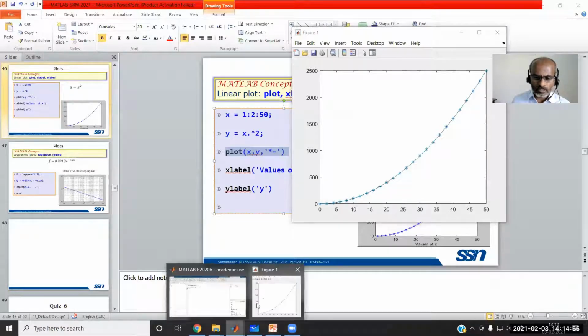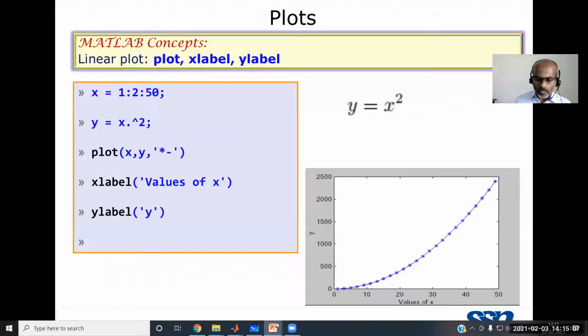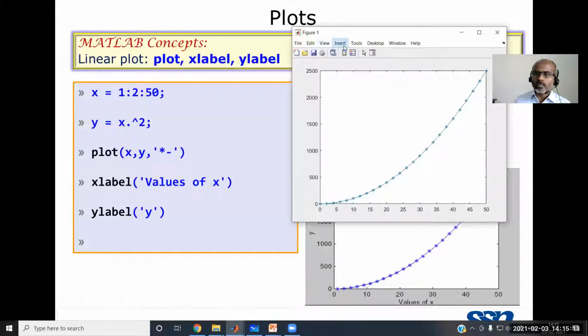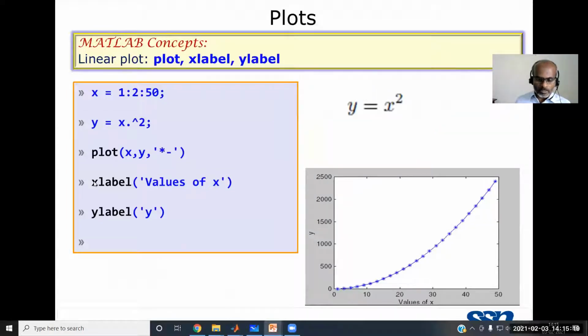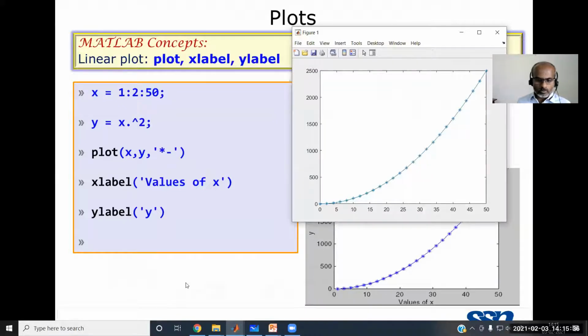Of course, you can explore these commands, and let us not spend much time on that. Additionally, you can also give this xlabel. You can set the label for the X axis and Y axis using the xlabel and ylabel commands, or you can work directly in the figure window and make use of these menus. But typing this in the command prompt is simpler. It will always help us to automate this process of graph generation, whereas if you do that in the graphical user interface or in this figure window, you have to work on it for every graph.